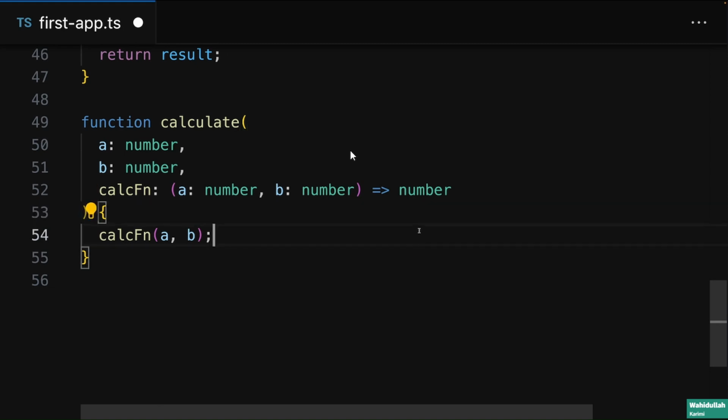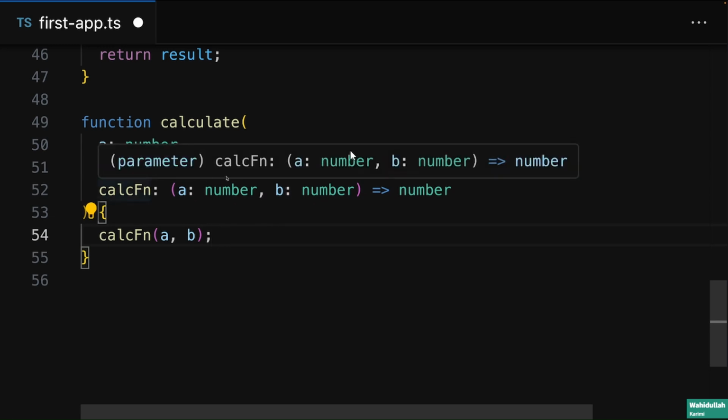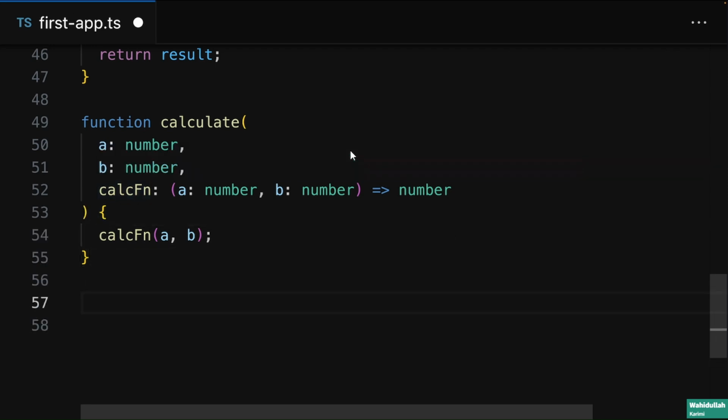And if I reformat that, that's a bit easier to read. And this would now say that the calc function wants a function as a value, so a value of type function, and it shouldn't be any function. Instead, it should be a function with this signature, with this configuration, so to say. A function that gets two input parameters, which are both of type number, and which then returns a value of type number. And therefore, with that setup, we could call this calculate function by passing two numbers to it and